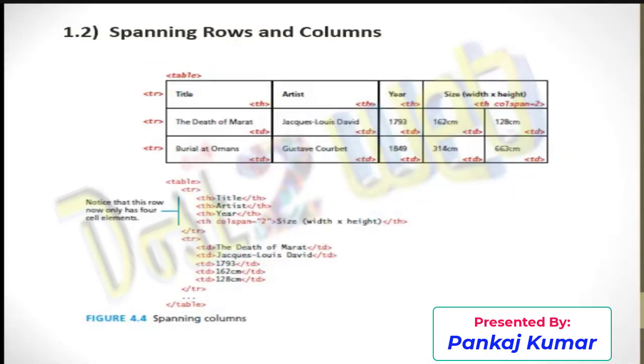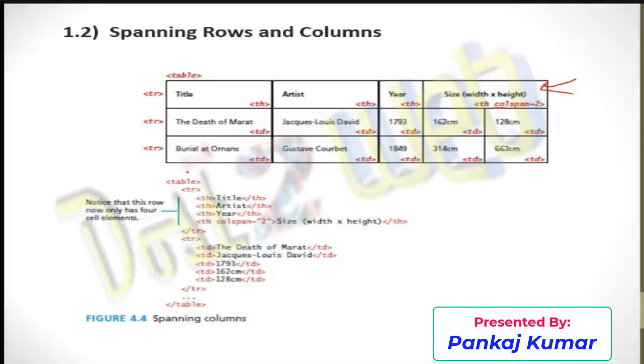Now, suppose you want spanning rows and columns. That means I want some rows, as you can see here in the example. These rows have been spanned. That means in these two table headers are going to combine. That means two columns. That's what is called colspan, meaning column span. Rowspan means row span. So here I'm going to just combine. If you want to create it this way, then that is called spanning the rows and columns.